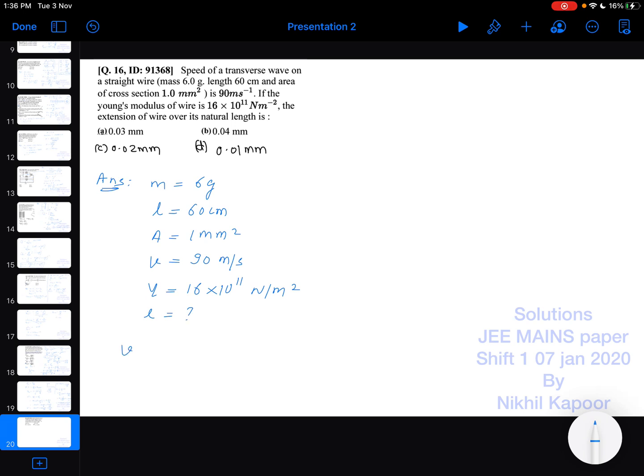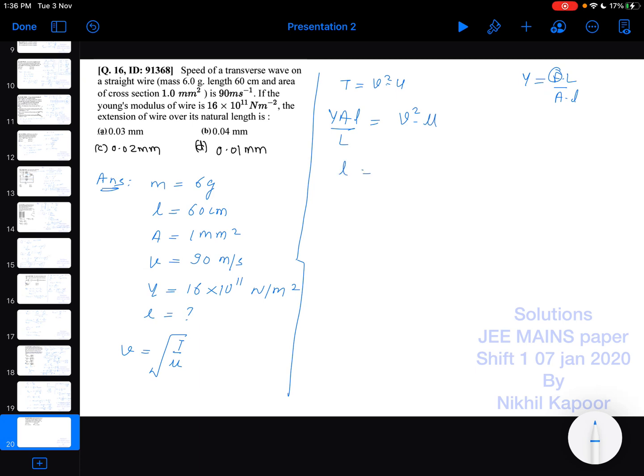So as we know very well, the velocity of a wave along a stretched string is under root T upon mu, and V and mu are known to us, but tension is not known to us. So I will write squaring on both sides. So tension will be equal to V square into mu, and force. As we know very well, Young's modulus is F into original length upon A into extension. So I can replace tension by this. Y into extension upon capital L is equal to V square into mu.